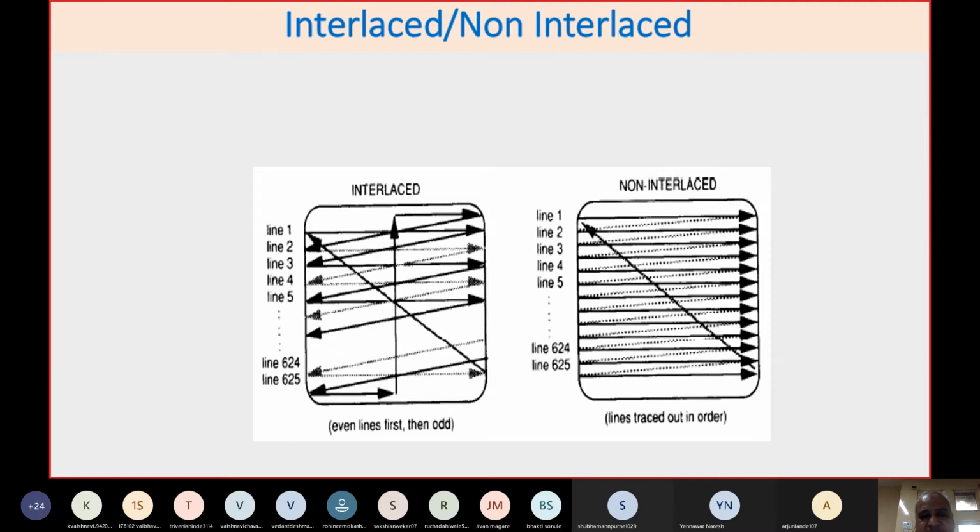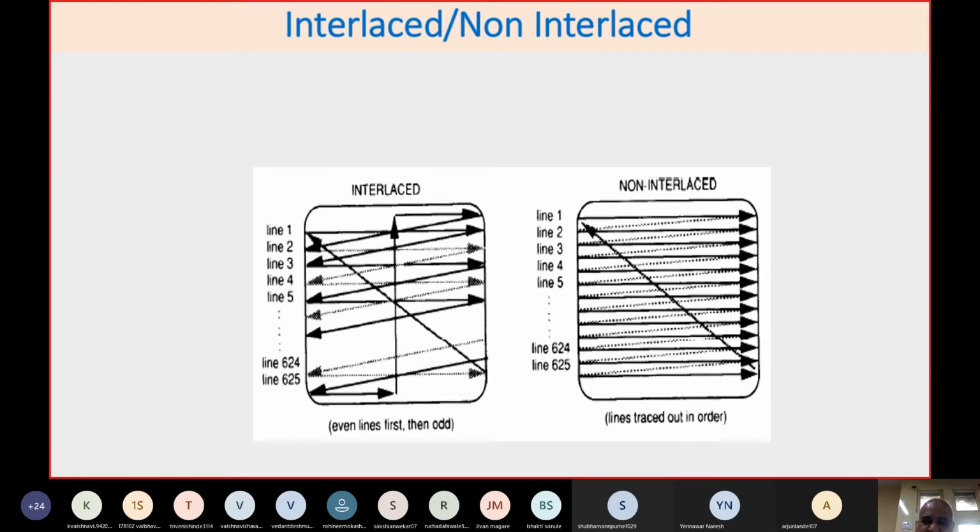And that is why, without breaking synchronization, this scanning goes on continuously without affecting the quality or display of the picture. So this is what we call interlace scanning and non-interlace scanning. Non-interlace scanning is normally not preferred, but nowadays even some monitors use non-interlace scanning because the principle of showing